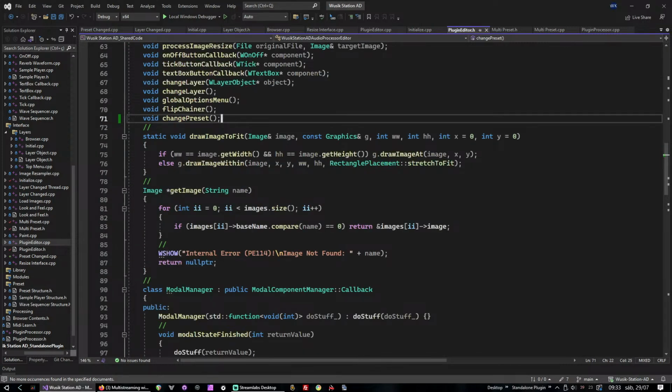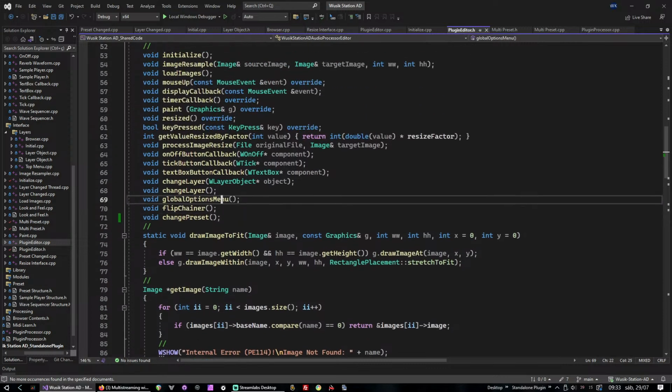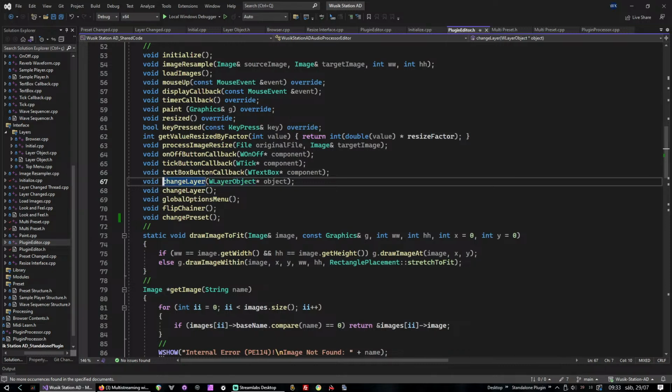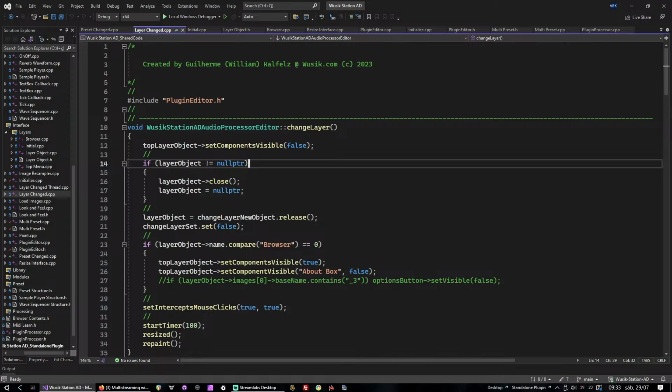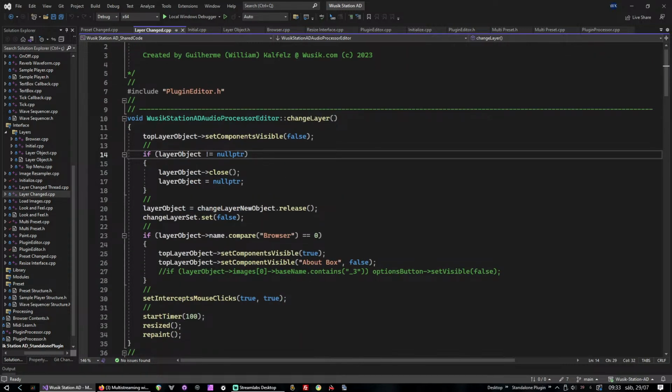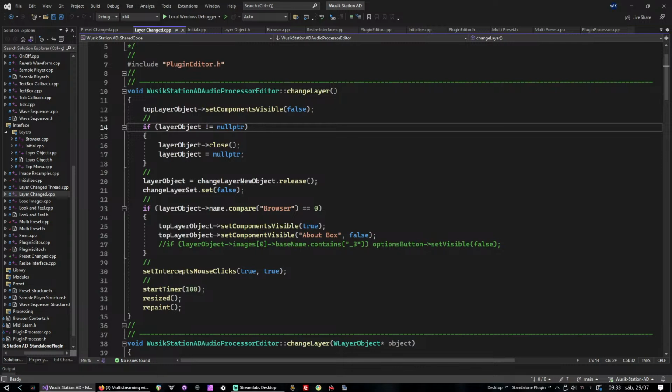I remember doing that already. Oh, it is on the layer change. So, as I'm thinking about this,